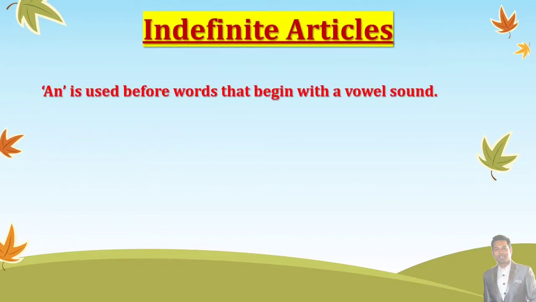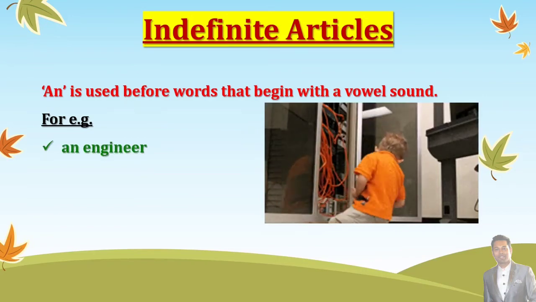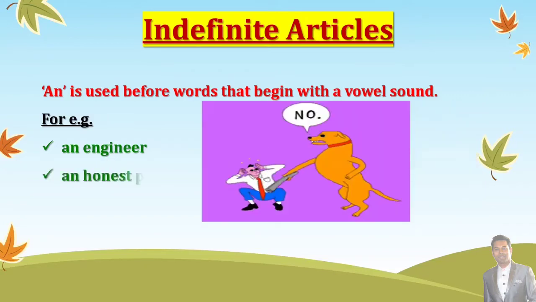An is used before words that begin with a vowel sound. So again, we have to go by the sound and not the letter. Let us take a few examples for this too. An engineer. So here, this word engineer, it is starting with a vowel sound. That is why we are going to use the article an with it. An honest person. So here this word, though it is starting with H, the sound is honest. H is silent over here. That is why, since the word is starting with a vowel sound, we are going to use an with this